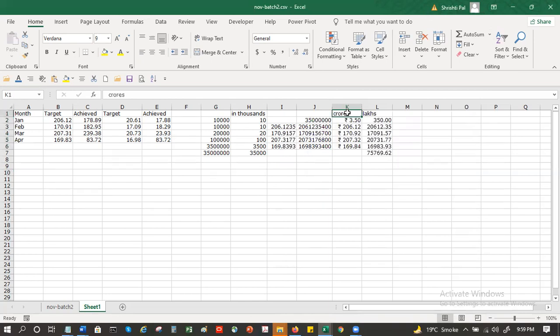Now, when you say you want to see it in 2 decimal places, one option that you have is you can say amount in 100 crores. Not in crores, but in 100 crores. So what this does is, or you can say instead of amount, you can say target.